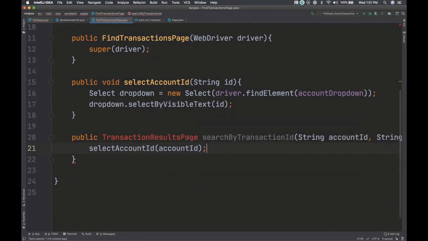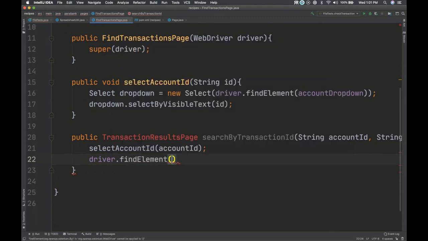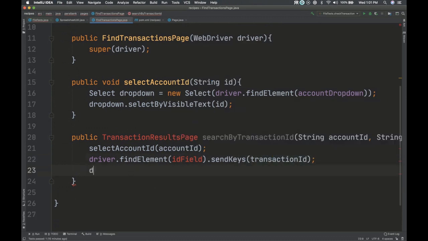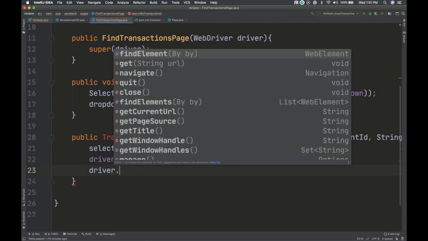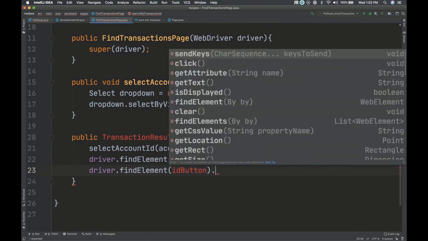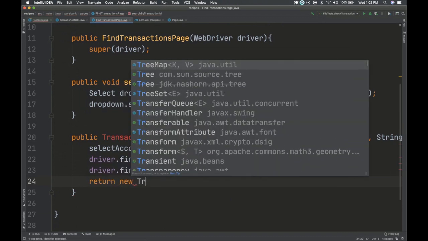And then we want to find, we want to call it ID field. We still need to get that. Send the keys. Yes. And then click the button. We still need to get that. We'll call this ID button or something. Click. And then return new this guy.